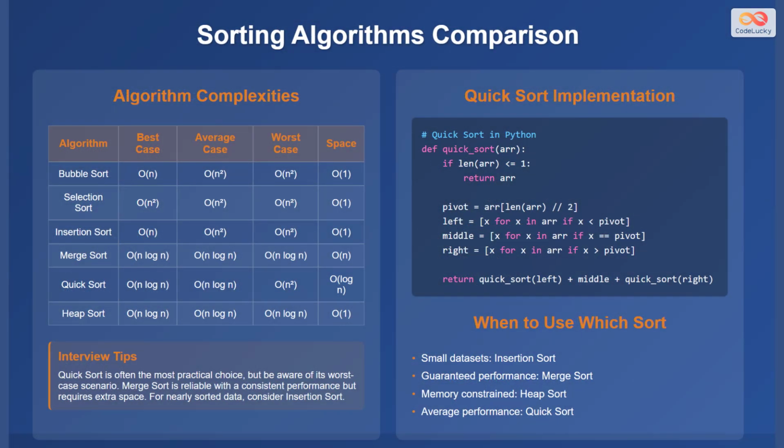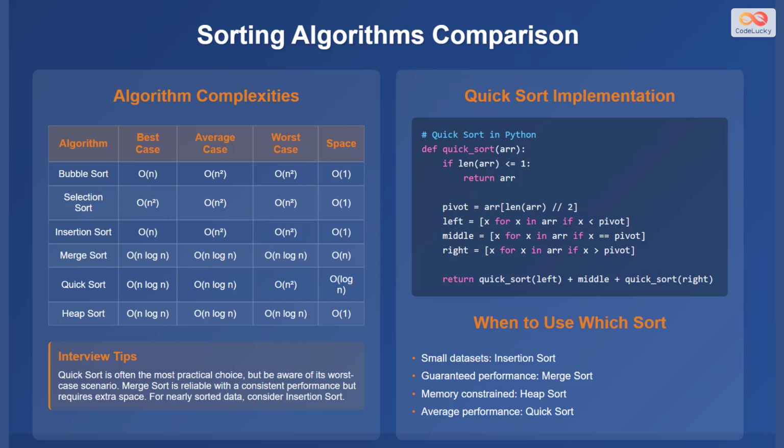Let's move on to sorting algorithms. Sorting algorithms are essential for organizing data in a specific order. We have several different sorting algorithms. Here is a table which compares these algorithms in terms of time and space complexity. It includes bubble sort, selection sort, insertion sort, merge sort, quick sort, and heap sort. The table provides the best case, average case, and worst case time complexities along with the space complexity for each